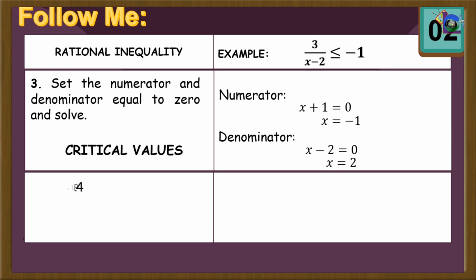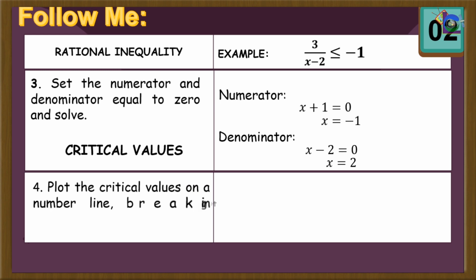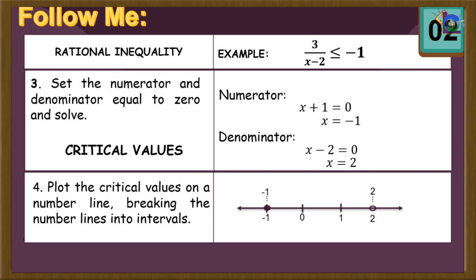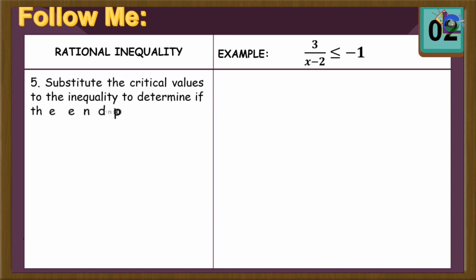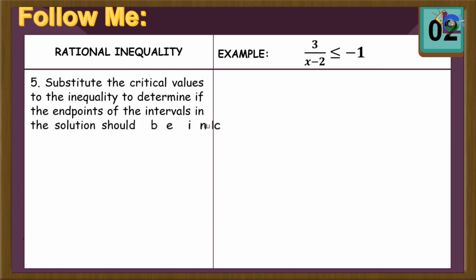Fourth, plot the critical values on the number line, breaking the number line into intervals. Fifth, substitute critical values to the inequality to determine if the endpoints of the intervals in the solution should be included or not. In this case, we have our original equation, 3 over x minus 2 is less than or